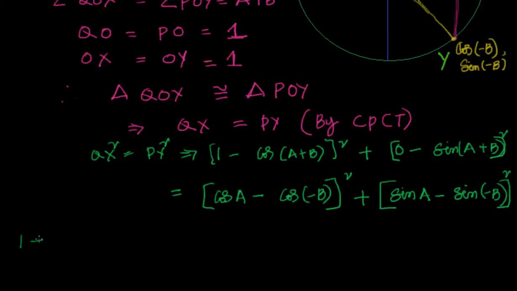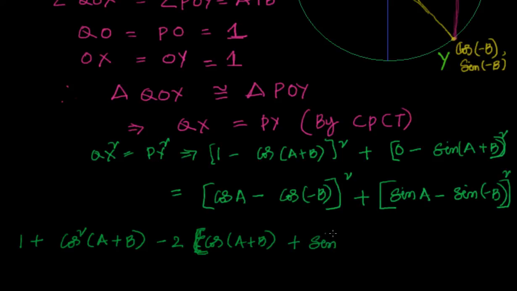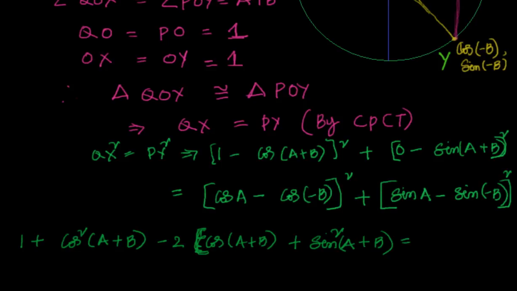This becomes 1 plus cos square of A plus B. This is nothing but A minus B whole square, that is A square minus 2AB plus B square, that is minus 2 into 2 into cos of A plus B. I can say directly minus 2 cos A plus B plus sine square A plus B, that is equal to,